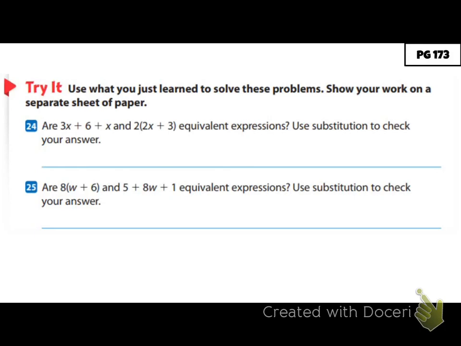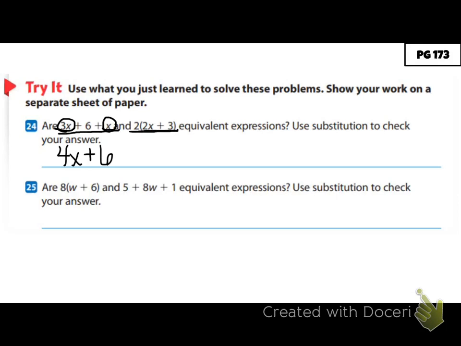Alright, so let's look at 24. They want to know if 3x plus 6 plus x and 2 times 2x plus 3 are equivalent expressions. So the first thing I'm going to do is look at each one of my expressions and try to simplify them. When I look at 3x plus 6 plus x, are my variables exactly the same? Yes, they are both x. So I can actually combine those. If I have 3 x's plus 1 more x, it gives me 4x,